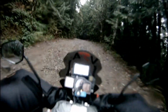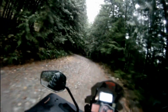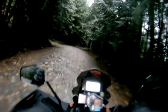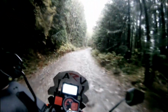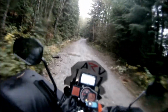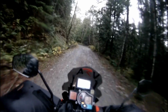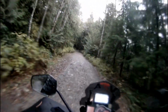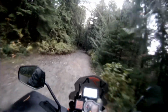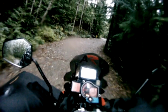The road coming out of Chehalis Lake is pretty fun. Obviously it's pretty steep and been chewed up pretty good. And once you get out to the Forest Service Road, it's a pretty mellow road to get in here. So really the only challenge is right at the very end when you get up to the lake here. And so we'll see what it's like in this very wet and soggy day where all the rocks are wet,